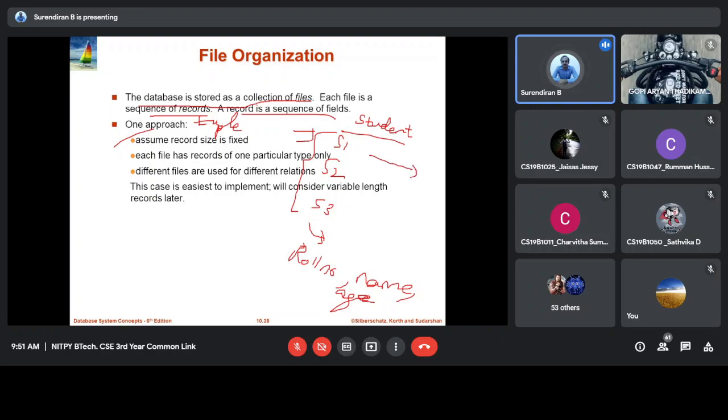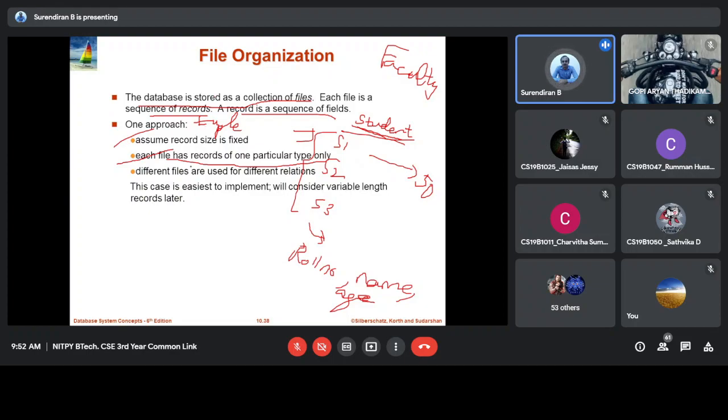Let us say the student record size is fixed, maybe 50 bytes, along with name, age, roll number, and all those things. And each file has records of a particular type only. So the student database will be stored as a separate file. If you have faculty, faculty will be stored as a separate file. Each file has one particular type of data, one particular table or relation stored as a separate file.